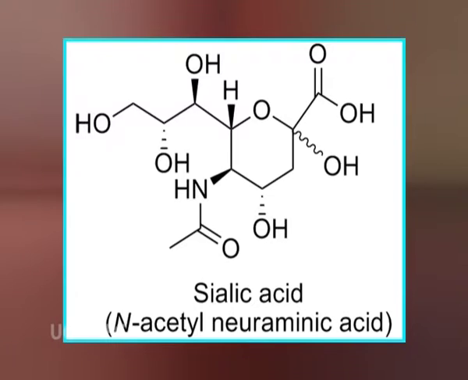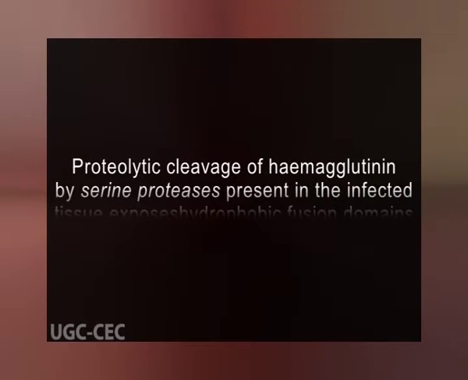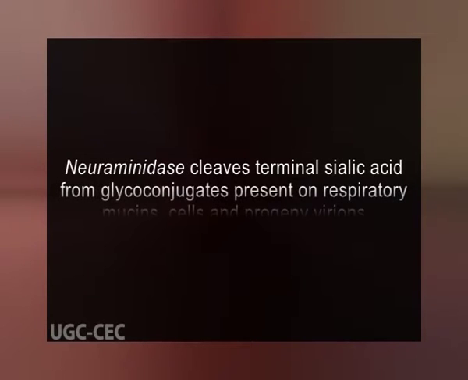Hemagglutinin is responsible for virus attachment to the cell surface, binding to the sialic acid residues in cell membrane glycoproteins, thus triggering the viral fusion and its entry. The proteolytic cleavage of hemagglutinin by serine proteases present in the infected tissue exposes hydrophobic fusion domains that mediate membrane fusion. Neuraminidase cleaves terminal sialic acid from glycoconjugates present on respiratory mucins, cells and progeny virions. This action is of key importance for the release of the virus from the infected cell and consequently for spreading